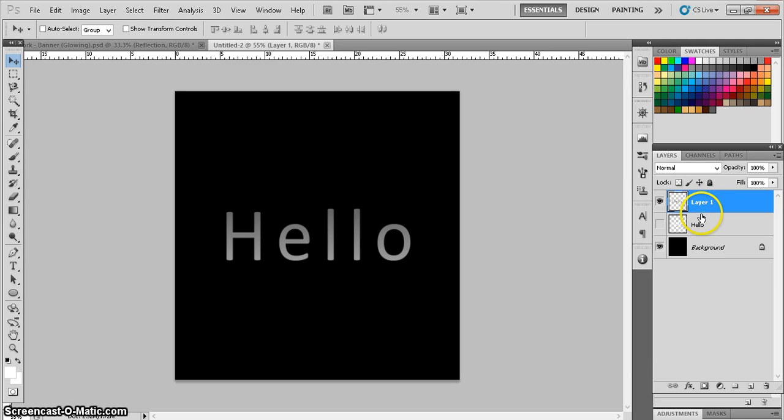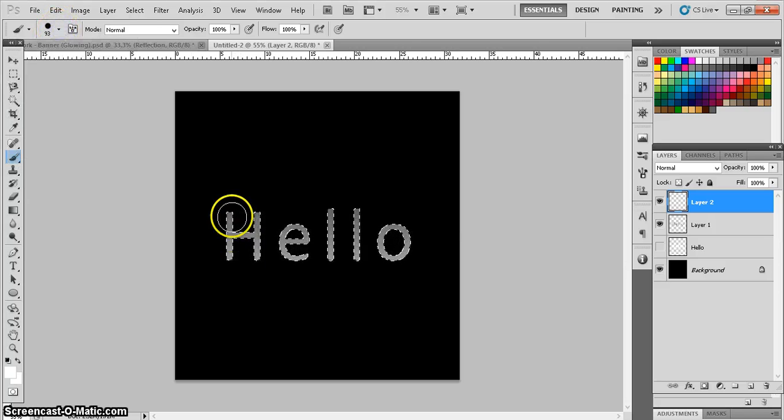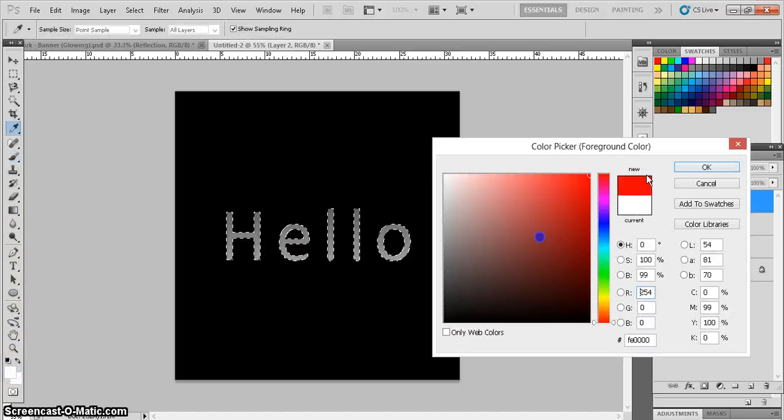And what we're now going to do is open a new layer, control click the gradient layer we just created, and start painting over each letter whichever color we want. Go into brush tool, hardness at 100%, size big enough so you can draw over each letter with different colors. For example,